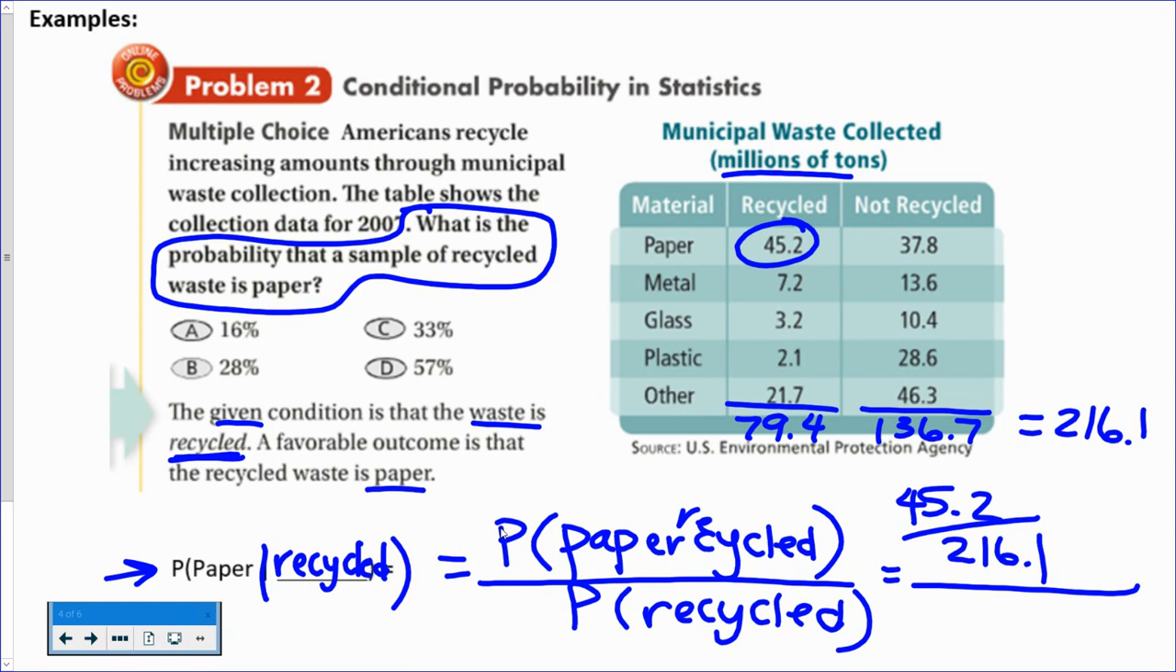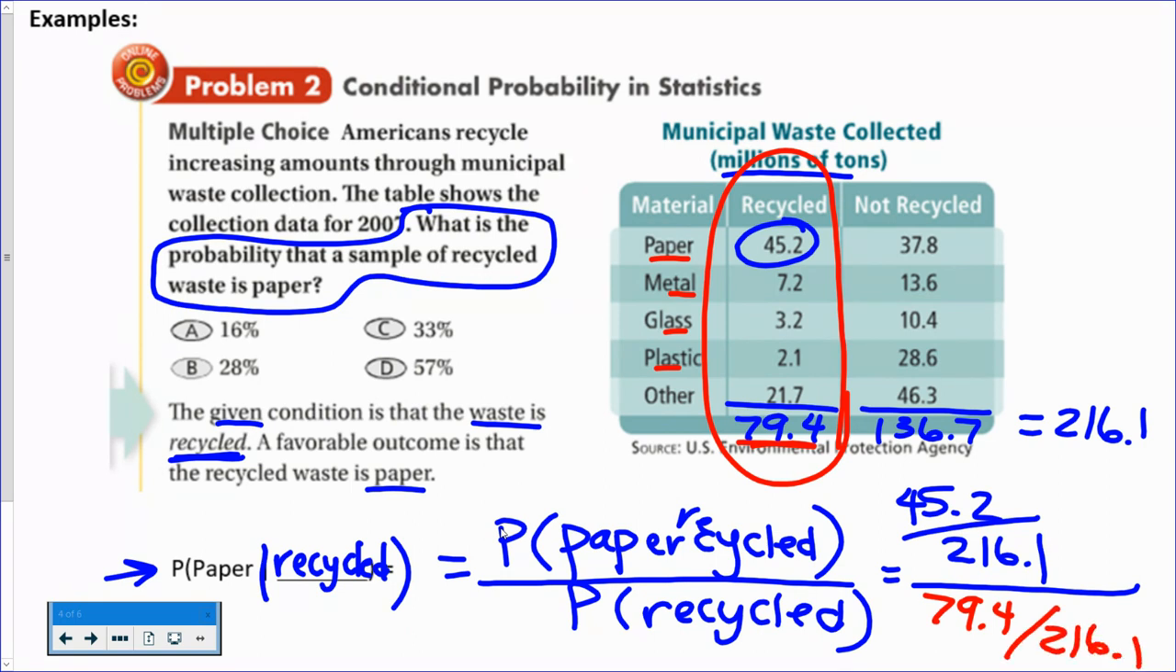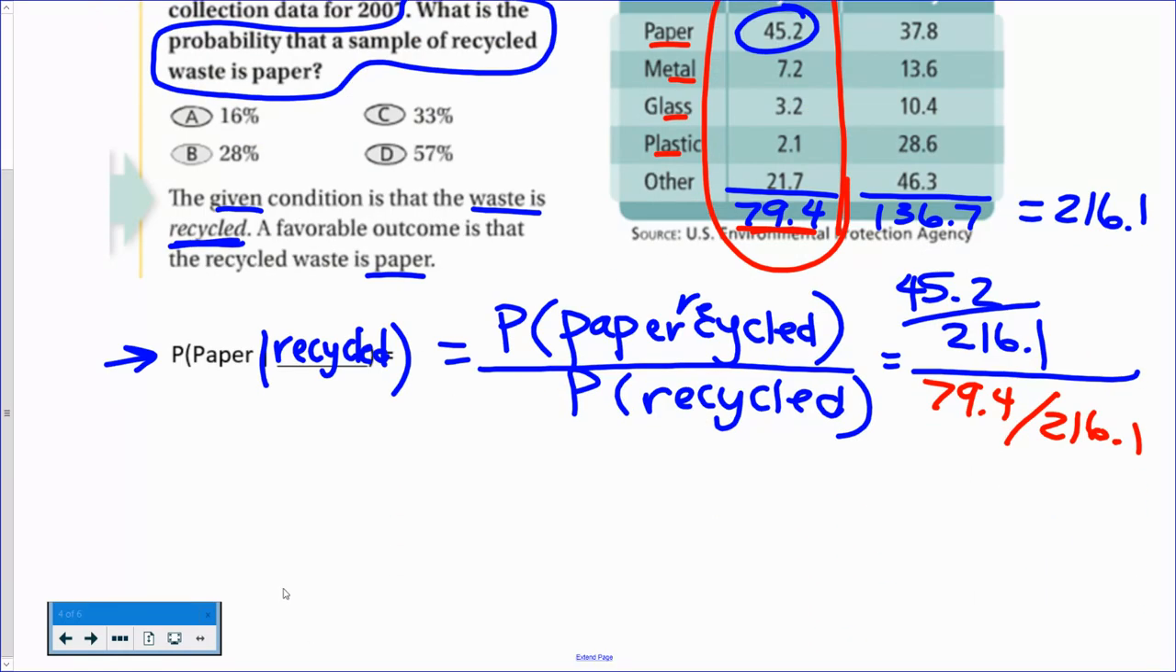So that would then be all of those. It doesn't just have to be paper, metal, glass, plastic can be recycled. So we have 79.4 out of the 216.1. Okay, so we have a fraction over a fraction, so it's a little ugly. But what you can do, we think back to some things that we've learned about dividing fractions. I could write 45.2 over 216.1